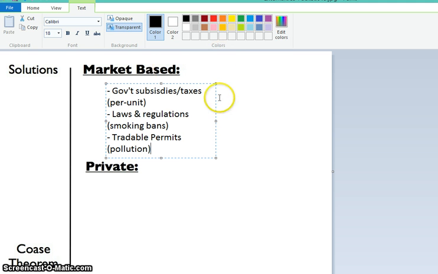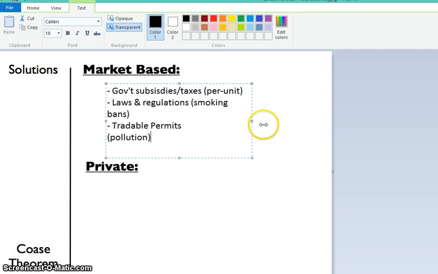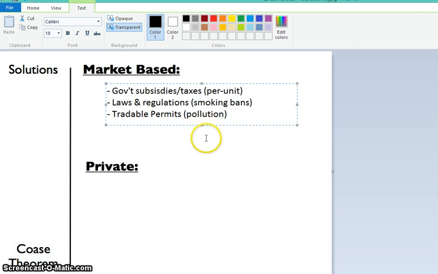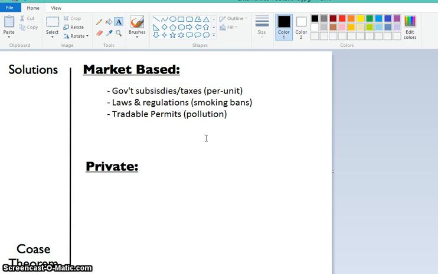And one of the solutions that economists tend to really, really like is this thing called tradable permits. So essentially what they do is they create a market to pollute. And this is crazy to some people, because essentially what it says is, hey, if you really want to pollute, guess what? We'll let you. We'll let you pollute. You just have to buy the permit. So the government sets up a market for polluting, and they create permits, and the permits allow you to pollute so much.